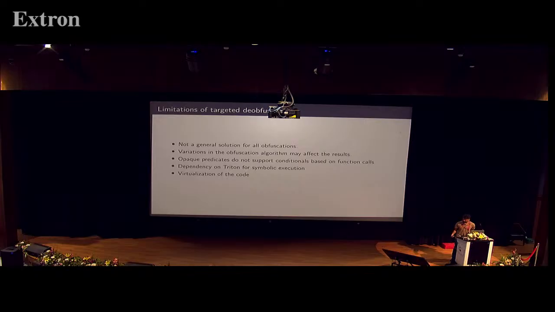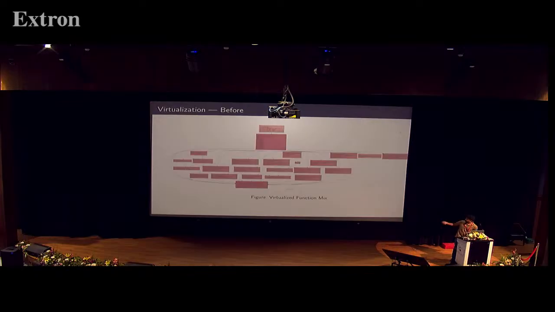How does that work? Okay, so this is how virtualized functions look. Now, this might look similar to a control flow flattening algorithm, but it is not. The dispatcher there is an interpreter on its own. What I mean by that is the program itself has been transformed into an interpreter. So the interpreter is going to have a custom bytecode. Let's say bytecode 1 represents the AND operation, bytecode 2 represents the OR operation, and all these operations are implemented in bytecode. So the bytecode is stored somewhere in the global memory. There'll be a program counter, there'll be a stack, there might be a heap. There are unlimited kinds of VM design that you can go through.